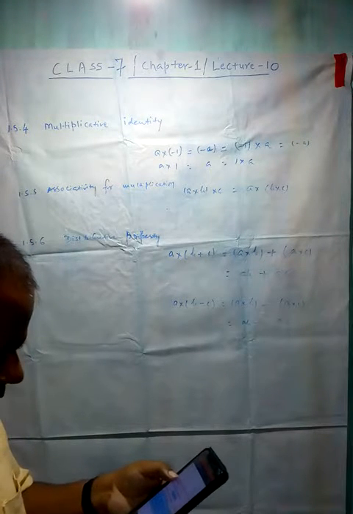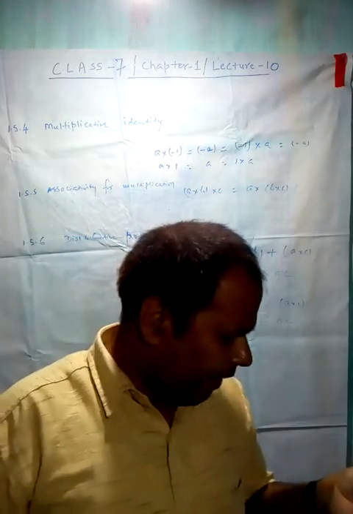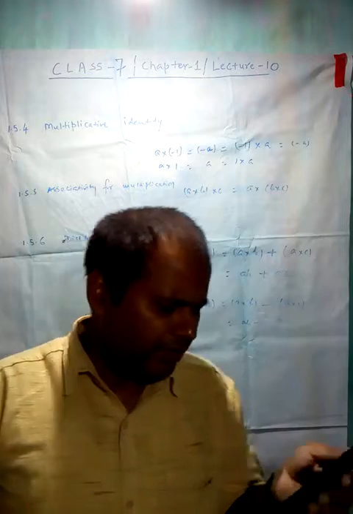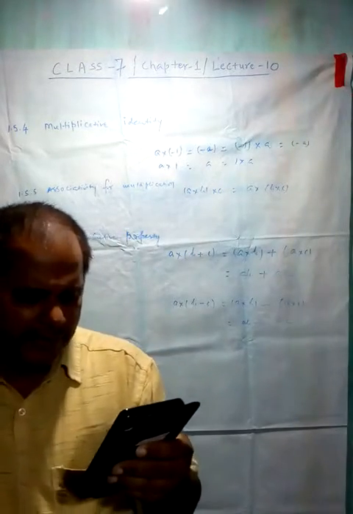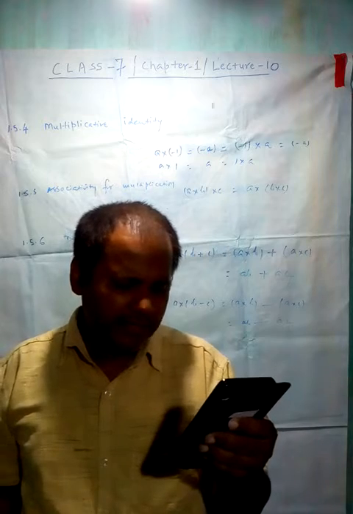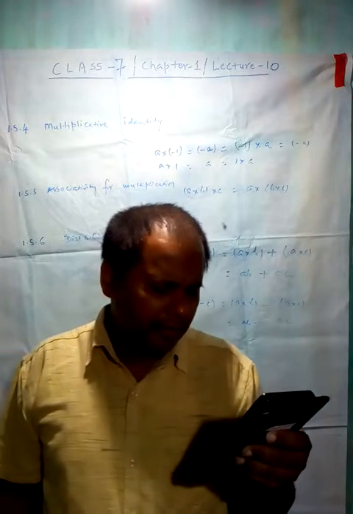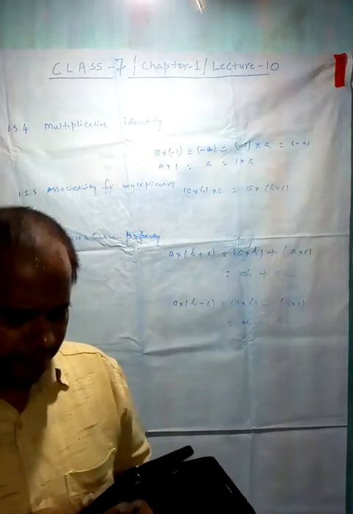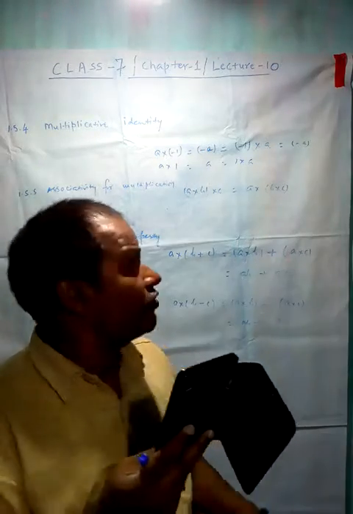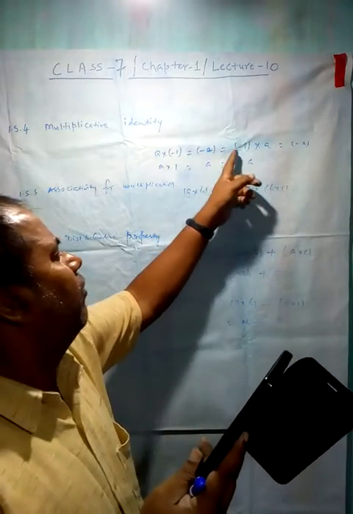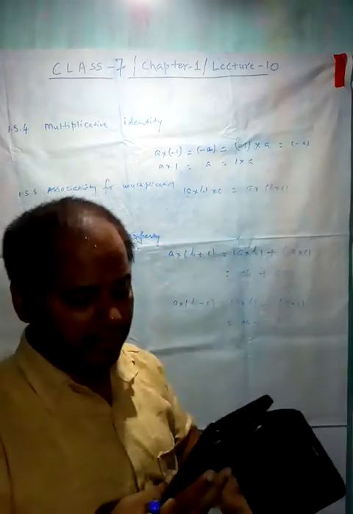What happens when we multiply any integer with minus 1? Complete the following. 0 is the additive identity, whereas 1 is the multiplicative identity for integers. We get the additive inverse of an integer a when we multiply it by minus 1. That is, a into minus 1 is equal to minus a, and minus 1 into a is also equal to minus a.